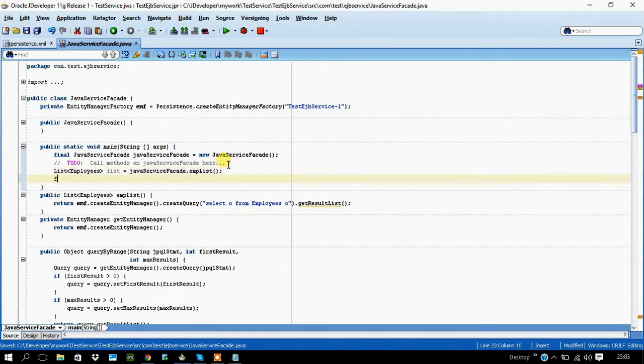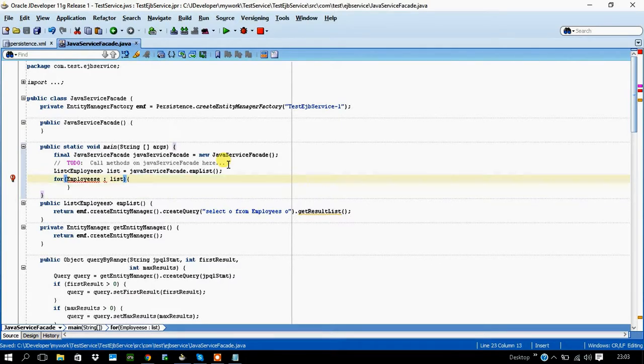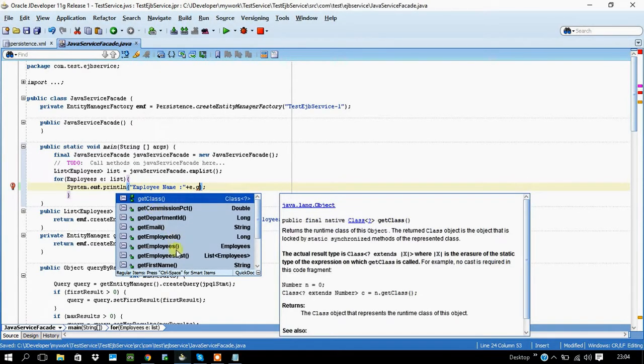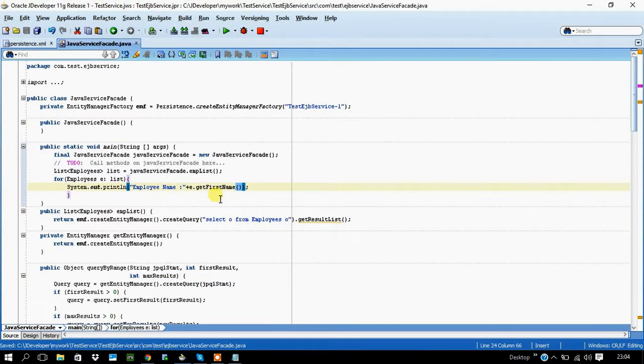So I'm just going to create a simple for loop to print just the employee name. employees.list, it's pretty much straightforward. System out print employee name, e.getEmployeeFirstName.